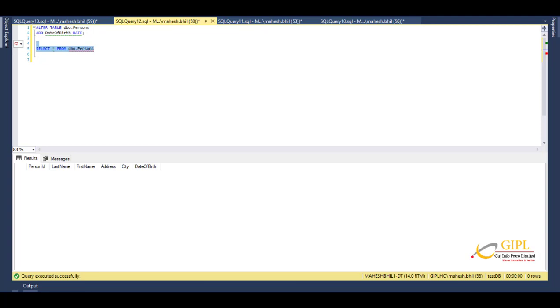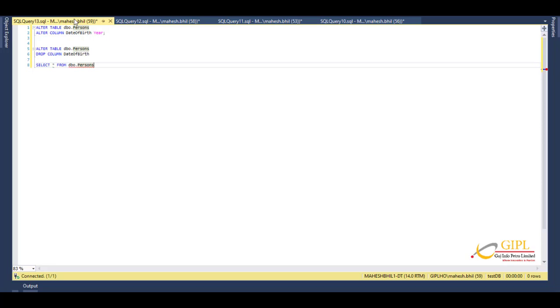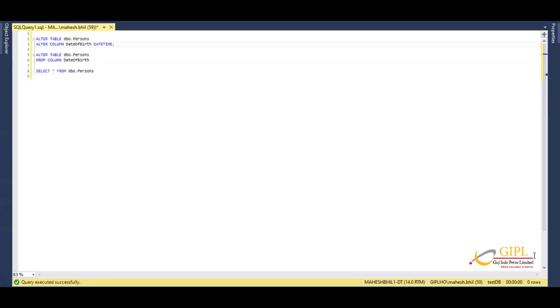Let's also see how to change a data type with an example. Now we want to change the data type of the column named date of birth in the person table. Use the following SQL statement: alter table person, alter column date of birth, datetime. Notice that the date of birth column is now of type datetime and is going to hold a date time format. For example,